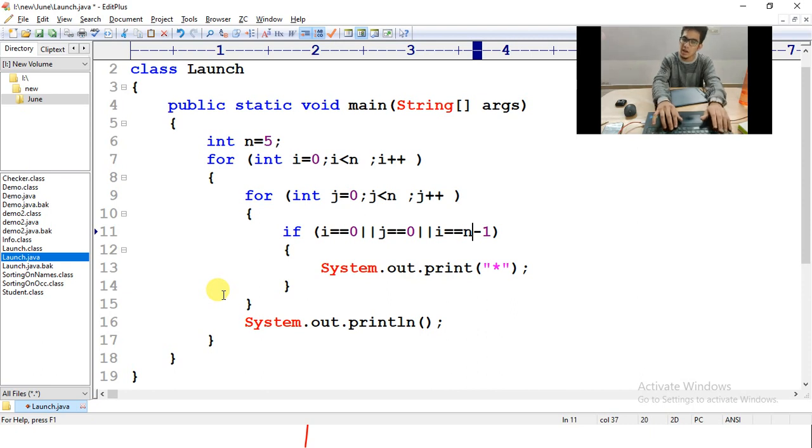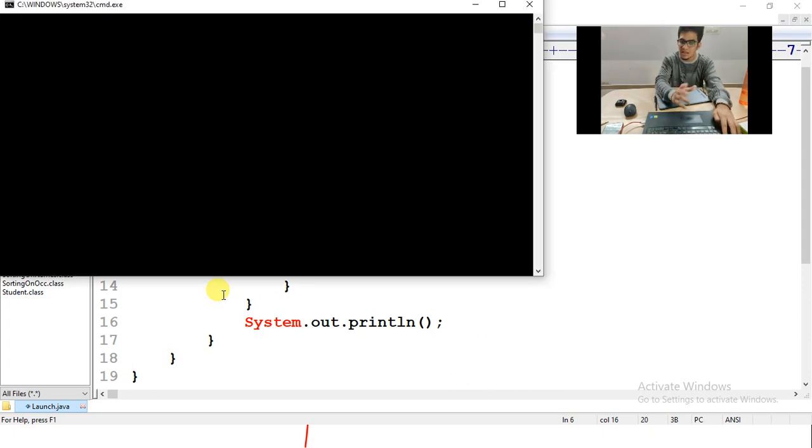So why, sir, why do we have to write n minus 1? Because as your n changes, your n minus 1 also changes. Imagine that you had written 4 here. If you write 4, this is hard coding. Hard code means the value will not dynamically change. The code will not change dynamically according to the input. Imagine the user wanted n equal to 3, right? User wanted 3 cross 3. In that case, you will not get the proper output.